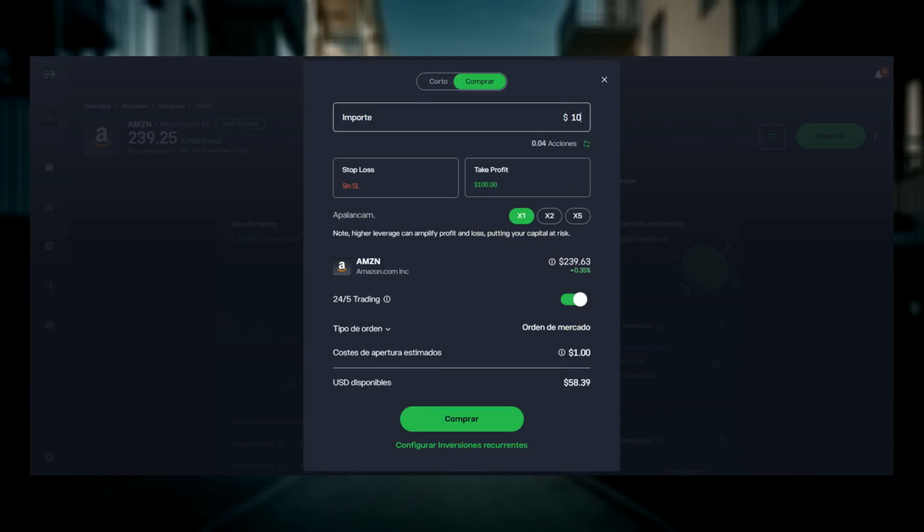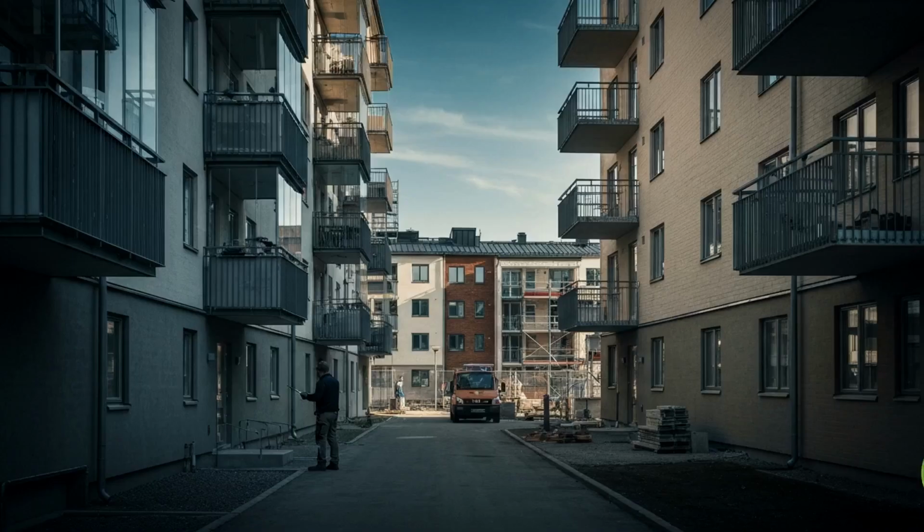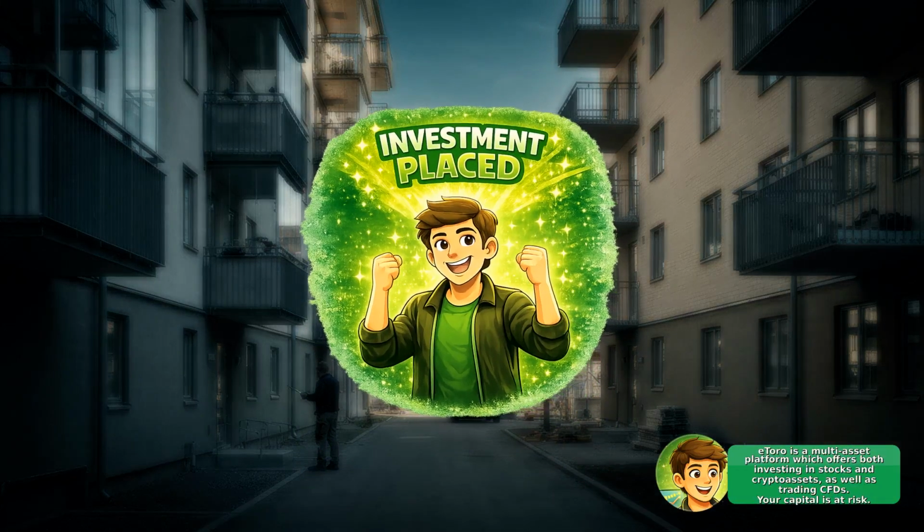If the market is closed, your order may be queued for the next session, and if your balance is insufficient, the platform will prompt you to add funds before completing the trade. After the trade, your position will appear in your